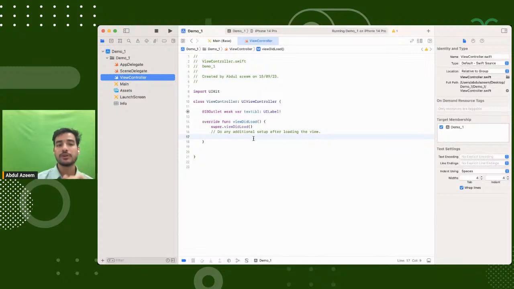And now if I set it like self.textLabel, I have named it textLBL, dot text equals hello world removed. And if I run this now,